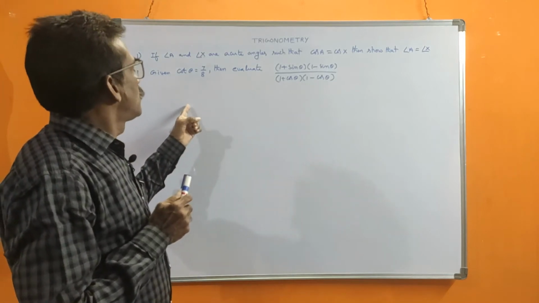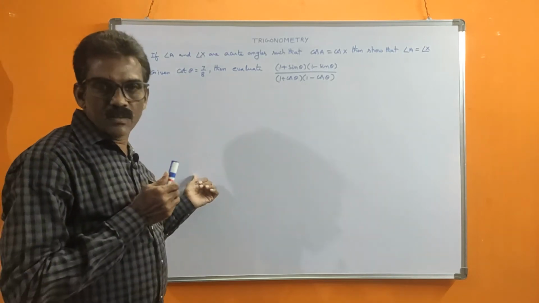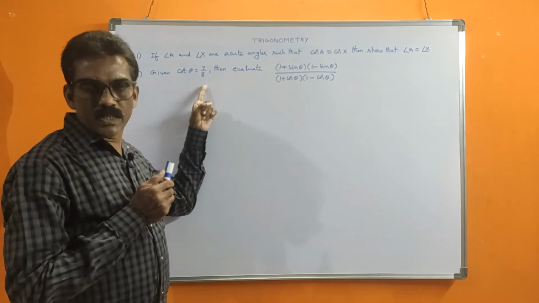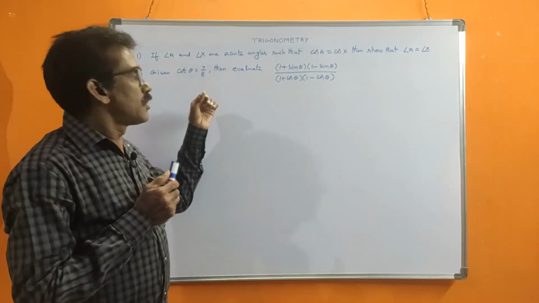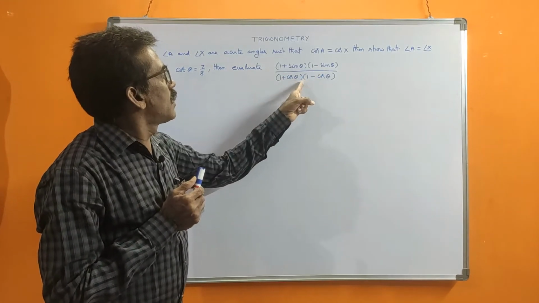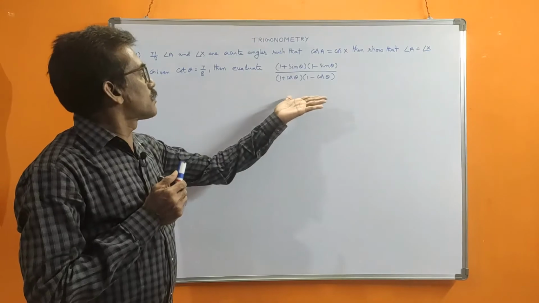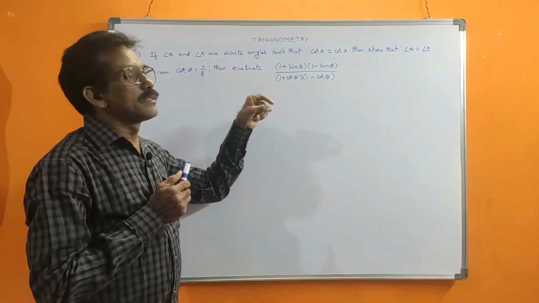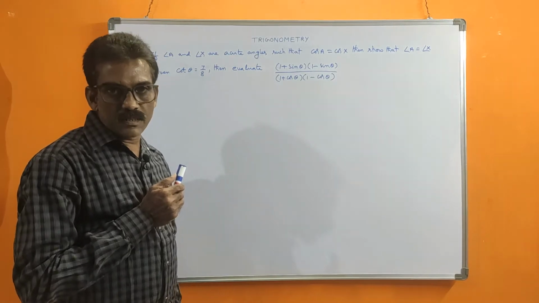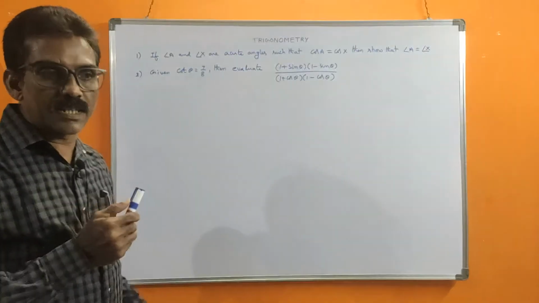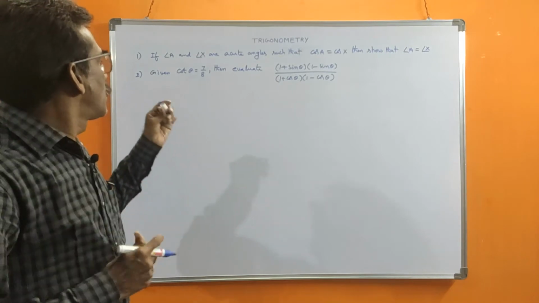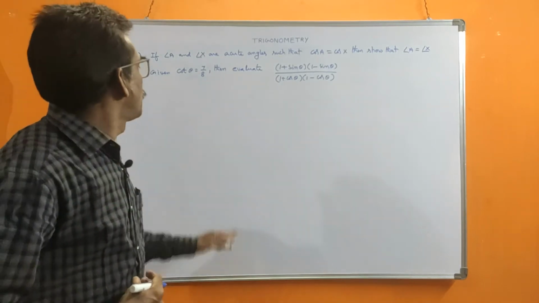According to that, other trigonometric values we can find, because the third side we can find by using Pythagoras theorem. Once you find the third side, the sin theta and cos theta values we can find. Then substitute those values in this and simplify. After simplification we will get the result. So first you should understand the steps, then we can easily do. First, we should find the third side.